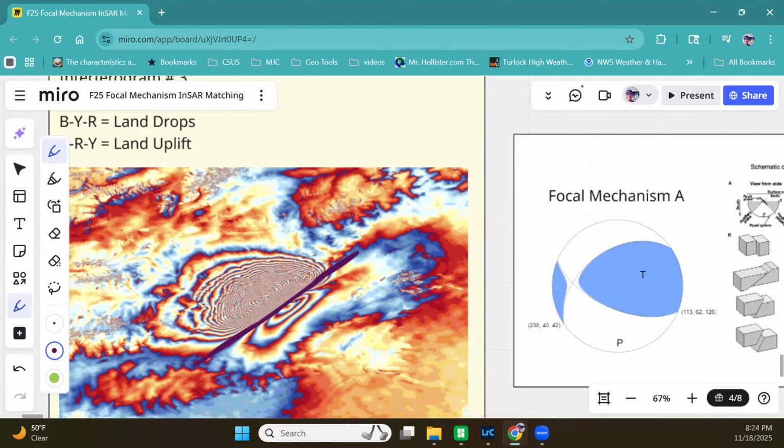You guys found that. And you noticed on Wednesday of last week, when you go blue, yellow, red, this is our dropping land, okay? And then over here, this was kind of our uplifted land. Uplift like so. And you're like, okay, Hollister, if these are our two possible fault planes, what I want you to imagine is you're looking at the bottom of a circle. And so if you connected the ends of this fault plane